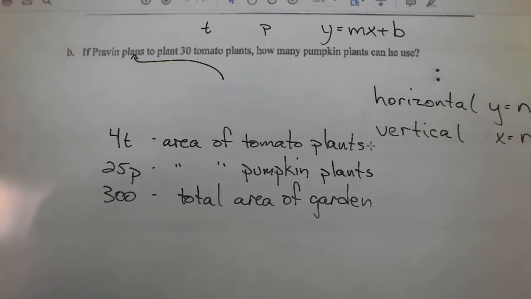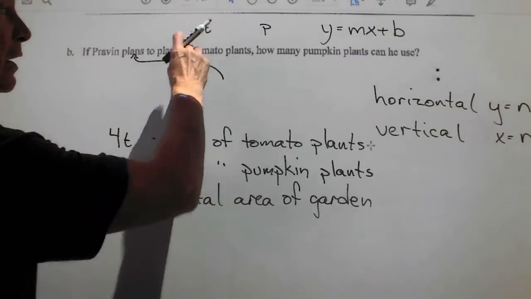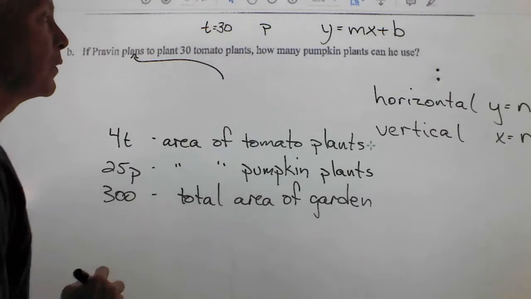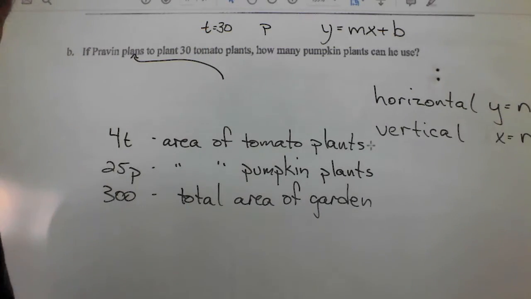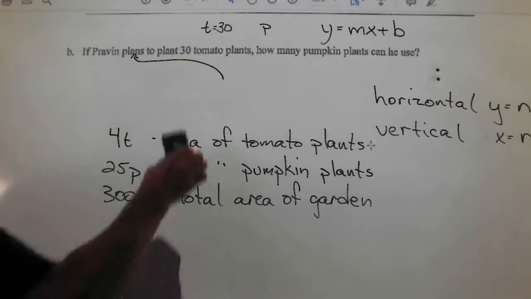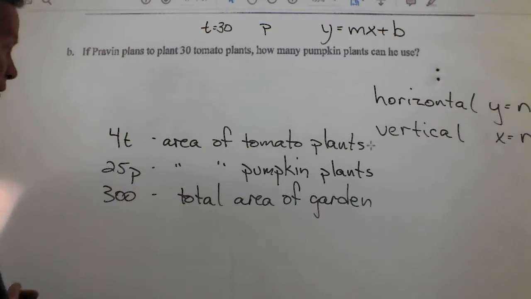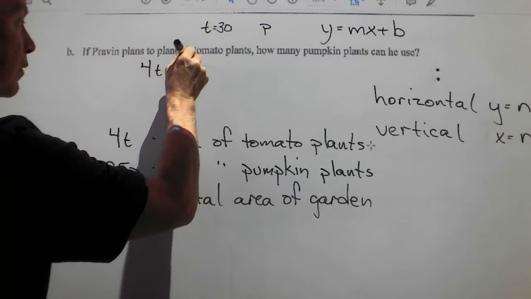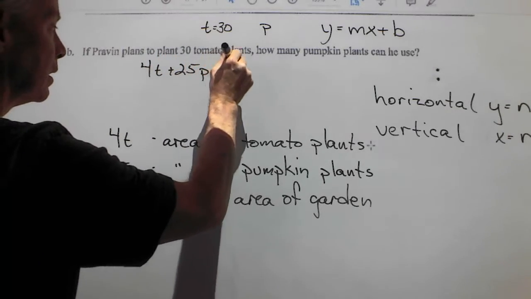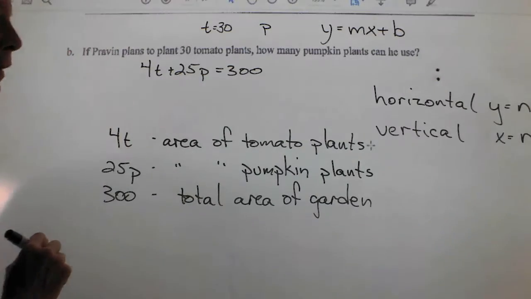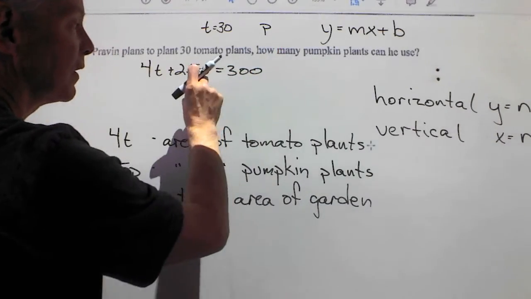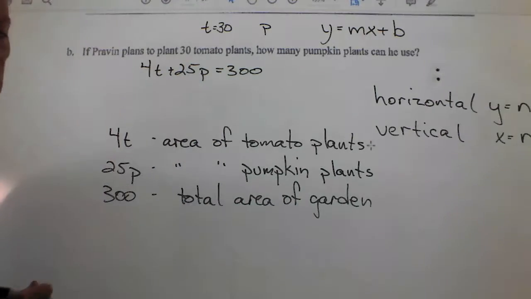Whoops, too far. They're saying in this particular case, T equals 30. We have 30 tomato plants, okay? So we take our equation, 4T plus 25P equals 300, and if they're asking us how many pumpkin plants, they're saying solve for P, find the value for